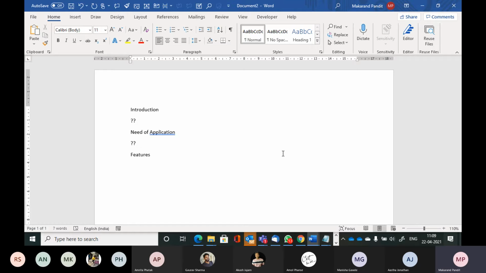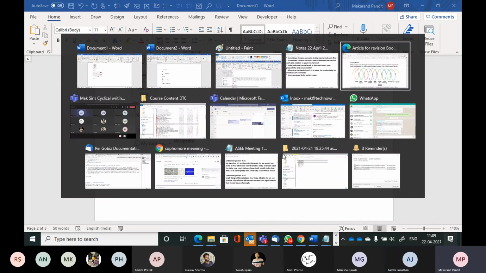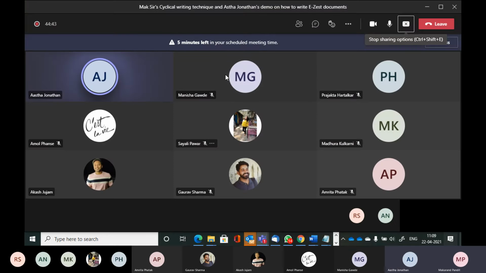Now I'm not going to type a lot. There's a lot of noise at somebody's end. Can you mute yourself, please? Asta, I think it's your side. Yeah.